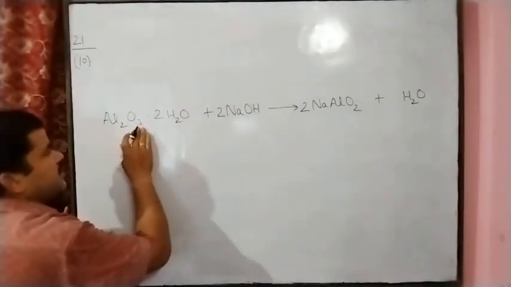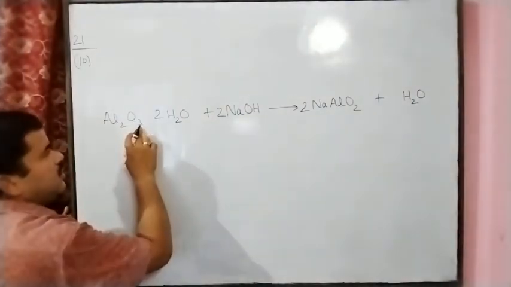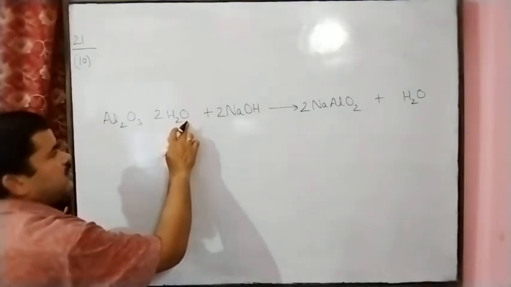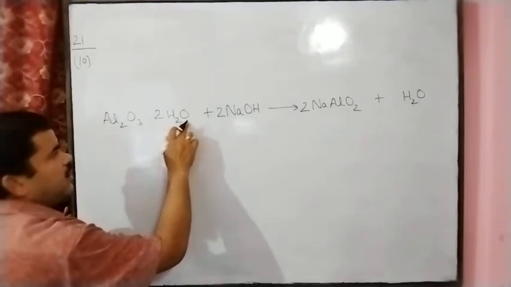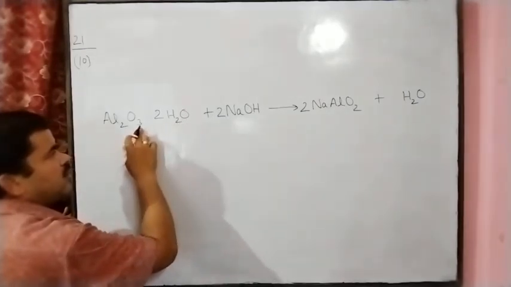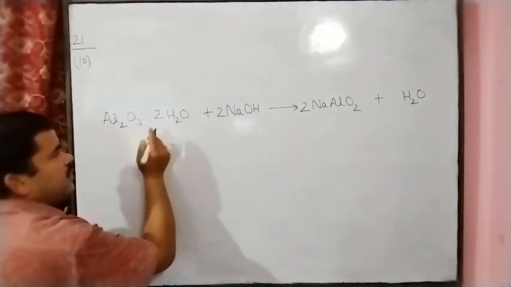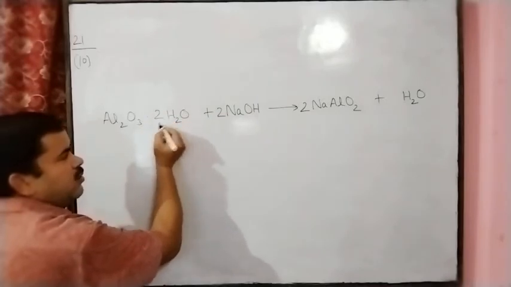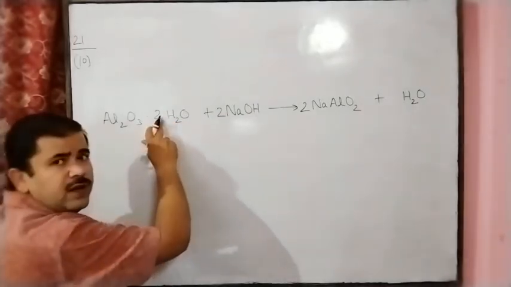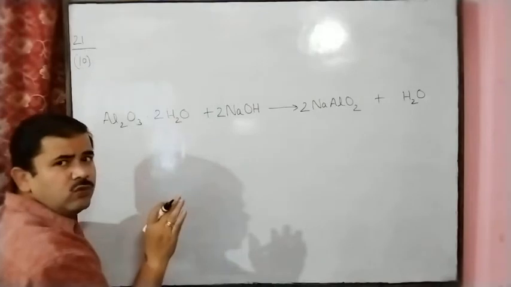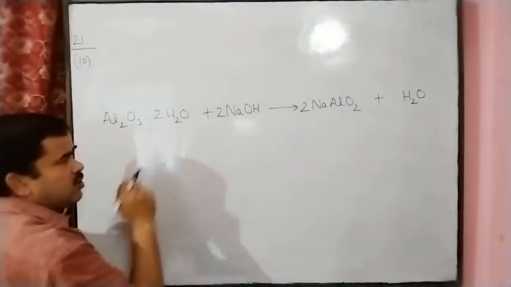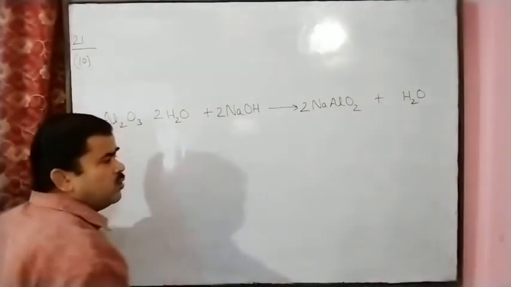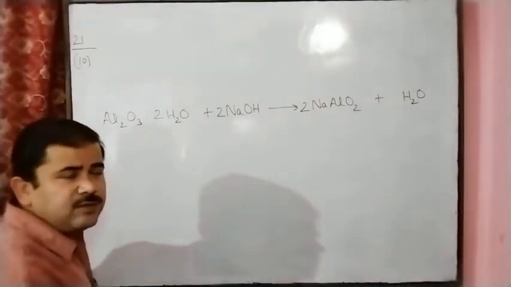And next, oxygen: here 3 and 2 more oxygen, so the total number of oxygen here is 5. 3 and here 2, total oxygen 5. We can see 2 written in front of the water, which means this 2 indicates that the number of oxygen in this compound is 2. So 3 here, 2 here, total 5 oxygen. And 2 here, so the total number of oxygen here is 6.